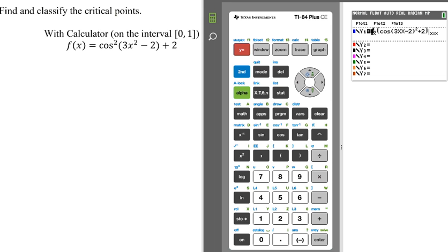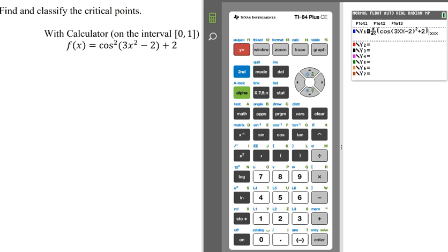Okay, so here's a calculator question. It asks me to find and classify the critical points of f. So what I want to do is find out where the derivative is either 0 or undefined. Okay, this one's going to need to be a calculator thing,